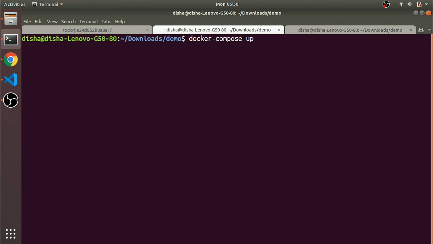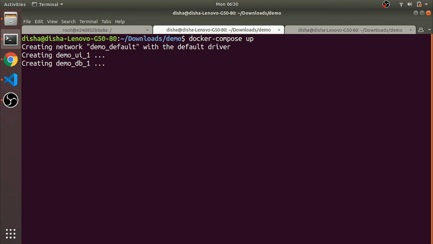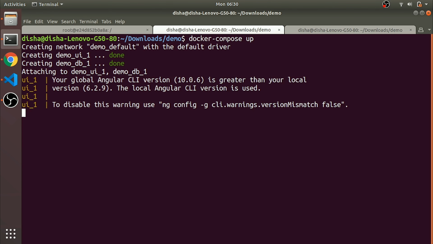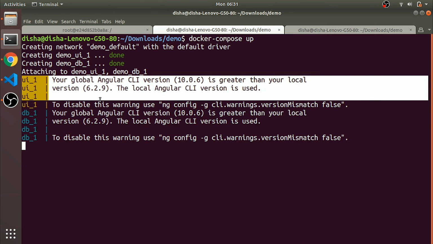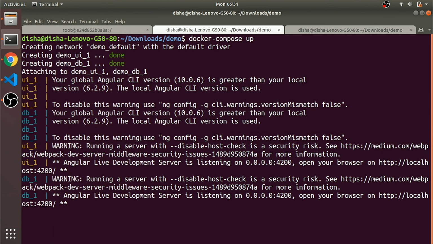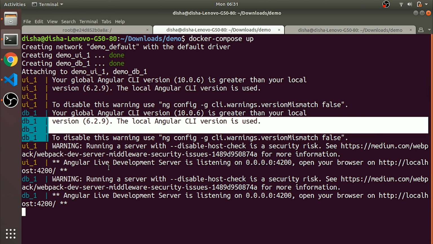So it's created, right? It shows the message creating demo_UI_1 and demo_db_1. These messages will not come if you use -d. Why are two coming? Because you have two services in our Docker Compose file, one is UI, one is db. So both will run now.